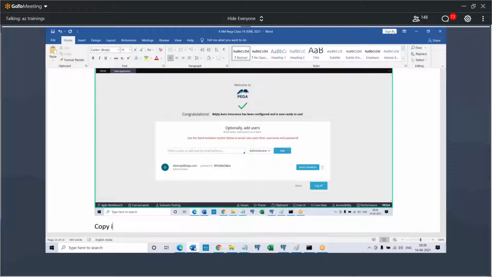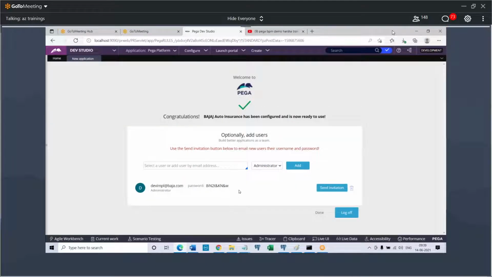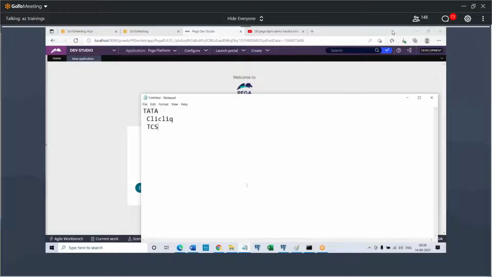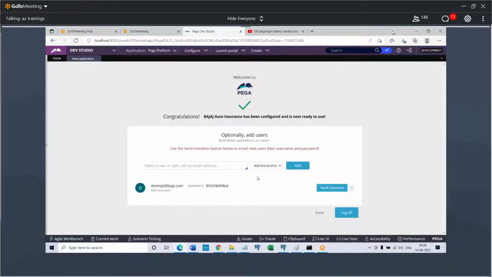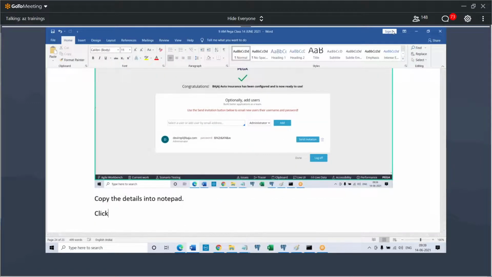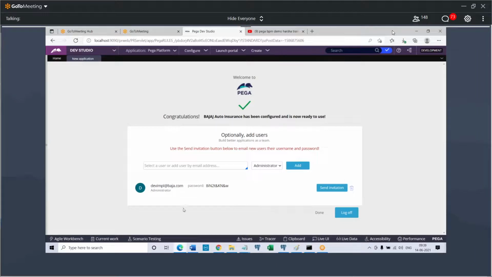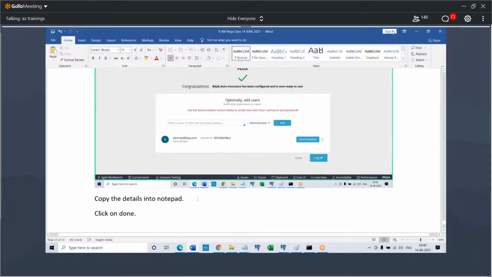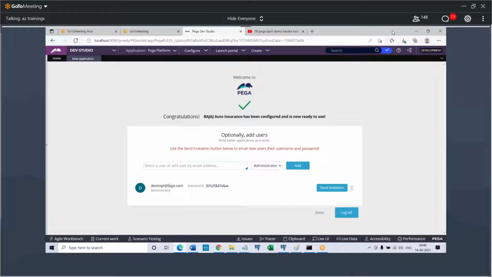Copy paste it into Notepad. Make sure you copy into Notepad, otherwise you will not be able to remember things. Okay, so click on done. I will copy into this one also. For me, I should know, if at all I miss the Notepad. Okay, password and